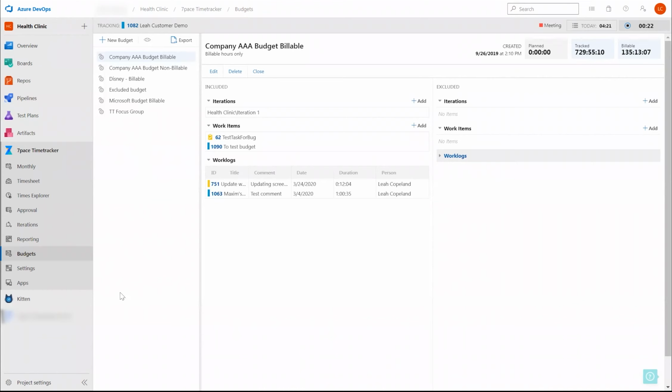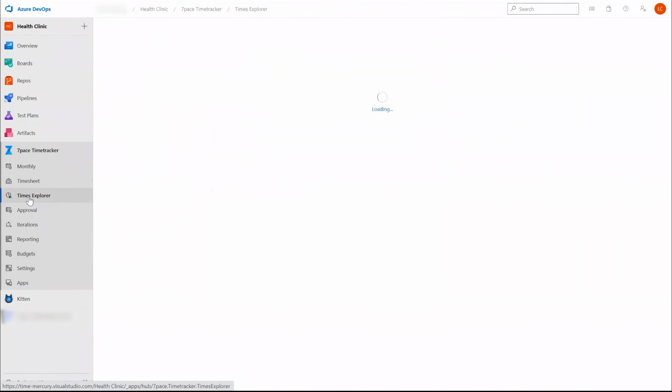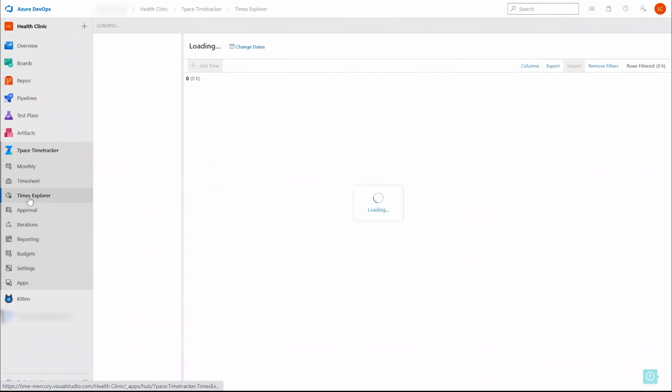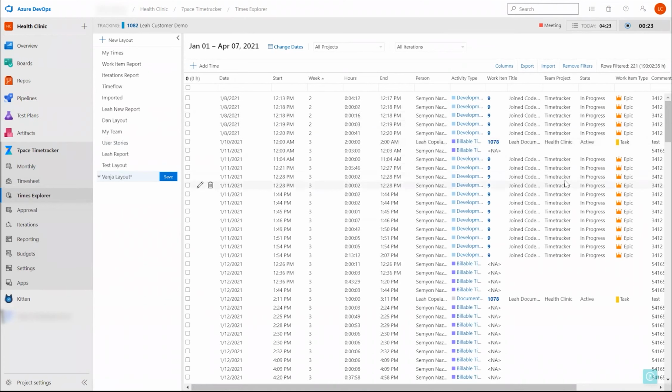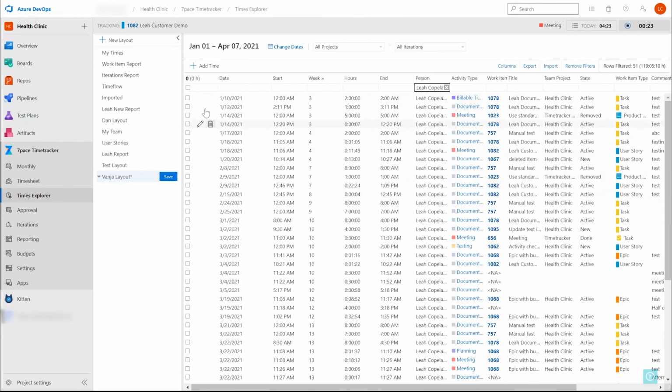I'll quickly show you now how to assign a work log to a budget. So I'm going to go back to the Times Explorer page. Here again I can see the work logs for the entire team. Let's just say I'm looking just for my own work logs, so I'm just going to click Leah. And then if I select these work logs I want to change to a different budget, you can see here when I highlighted those specific work logs or tracks of time,